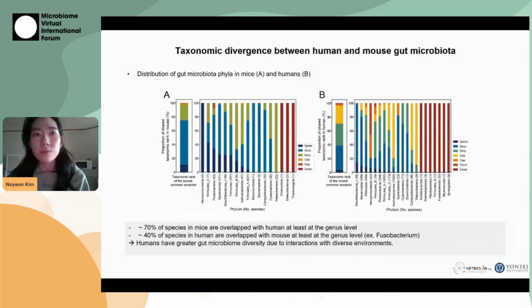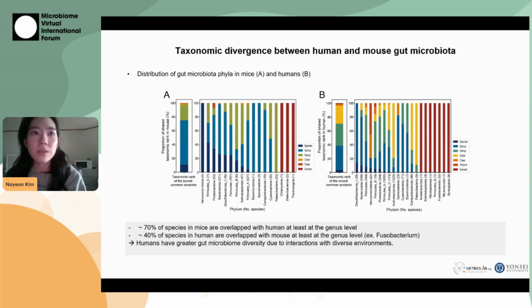We used MRGM to compare the mouse and human gut microbiome and found that only 12% of species in MRGM exist in humans, which highlights evolutionary adaptation to different environments. While 70% of mouse gut bacteria are shared at the genus level with humans, only 40% of the human gut microbiome is shared with mouse. This may be due to the fact that most available data comes from lab mice raised in a controlled